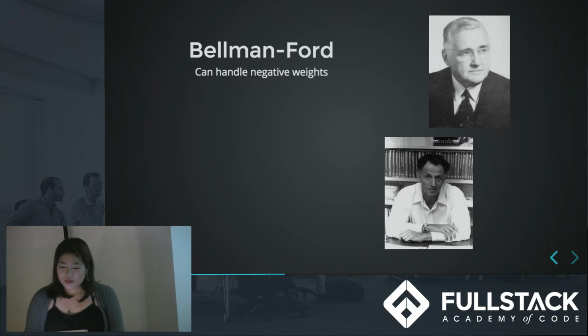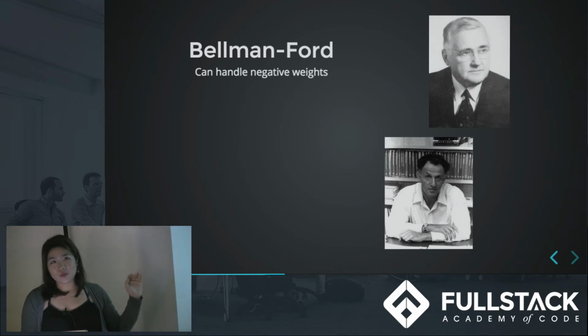So this will give you the shortest path from a single source node to all of the nodes in the graph. The important thing about this is that it can handle negative weights, which means that an edge doesn't necessarily have to be positive. An edge from A to B could be negative 2. The only caveat is that you can't have negative cycles. If there's a cycle from A to B to C, I can never have a total negative sum